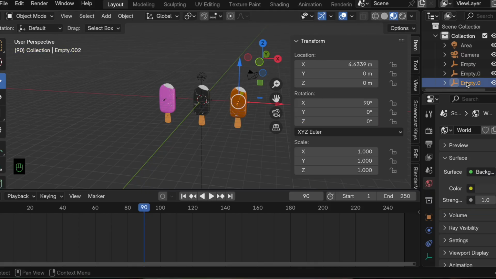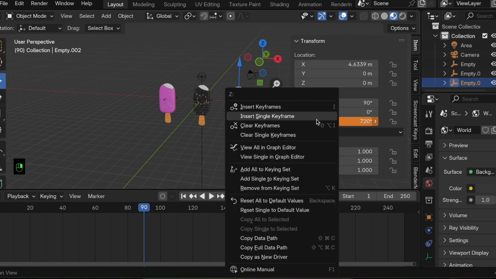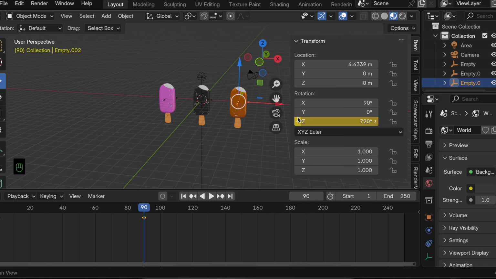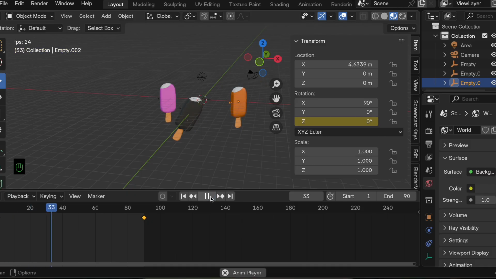Then I'll go back, go to the 90th, and change it to 720 again, and insert single keyframe. Okay, hopefully now let's try running this. I'll make the end 90. Okay, let's play. So not bad, but what I have noticed, one thing is, when I try to export, somehow